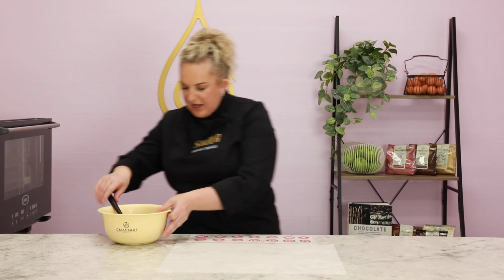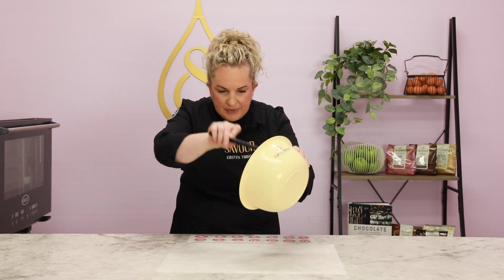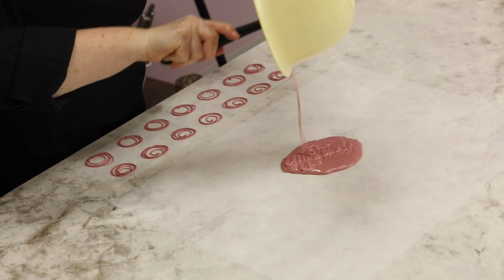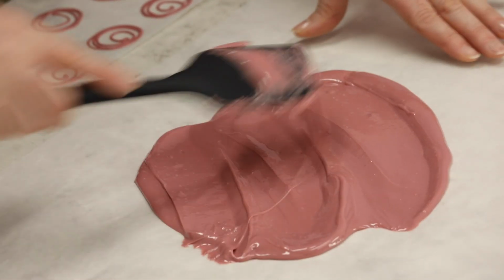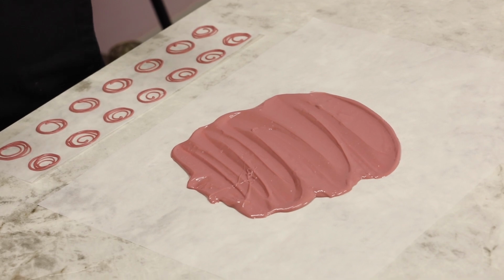I have a sheet of baking paper here. I just scrape the excess chocolate out onto the sheet. Now I'm going to spread that out a little bit. It's starting to thicken already. We let that set on the paper. As soon as it's set, chop it or break it into smaller pieces and wrap it up either back into